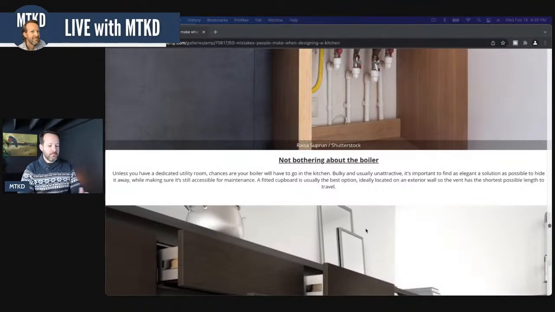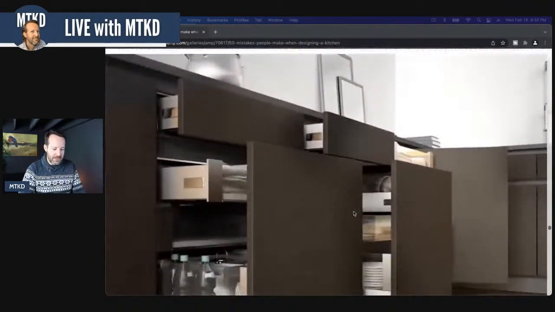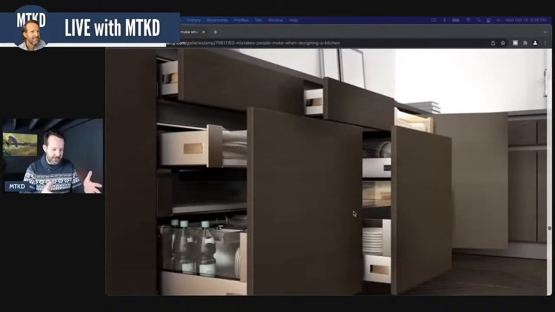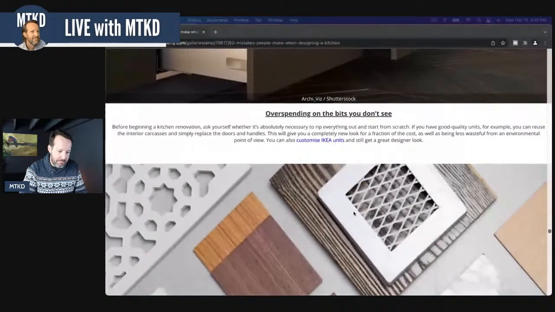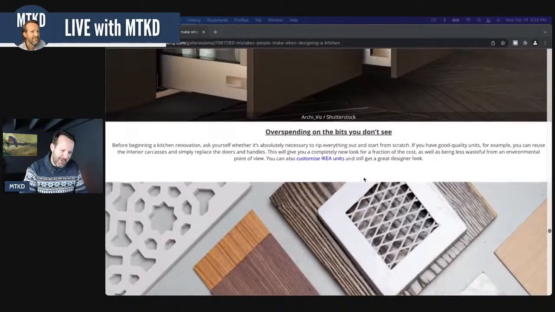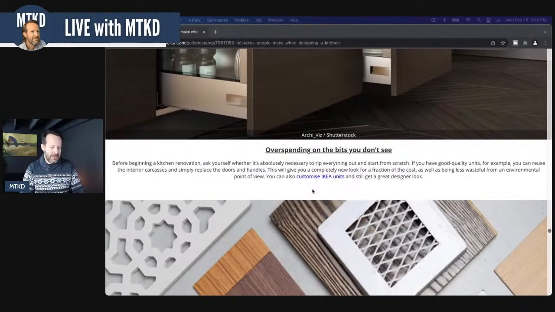All right. I just see drawers, and I've got to do one more because I think this is a good one. Here it is. Overspending on the bits you don't see. Well, okay, you just said we have to make sure that we take care of the bits we don't see. But anyway, before beginning the kitchen renovation, ask yourself whether it's absolutely necessary to rip everything out from the start